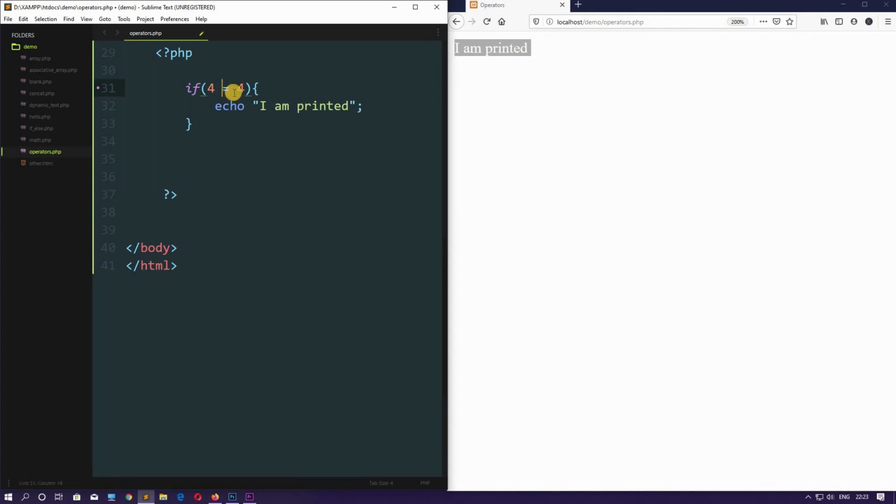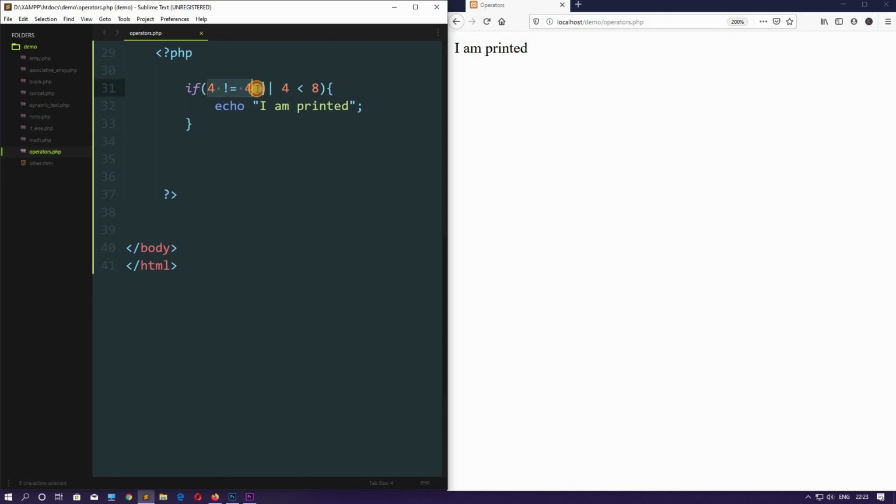Now let's use the not equal to. 4 is not equal to 4, true or false? False, correct. So let's see, nothing is there because it's false. So these are the comparison operators. Now we can have the logical operators in here also, like logical or. Now I'm putting a condition 4 is less than 8. Now what do you think? Will this execute or not? Let's check. See, this is executed.